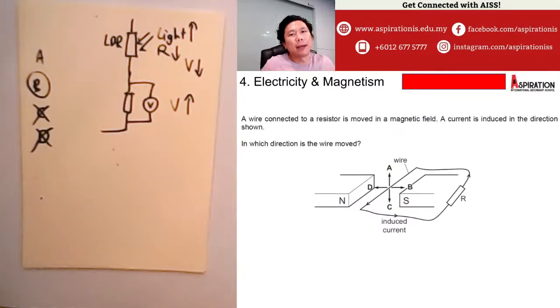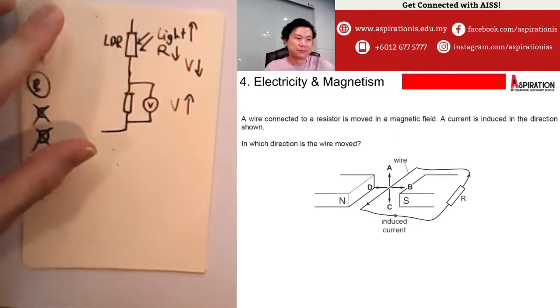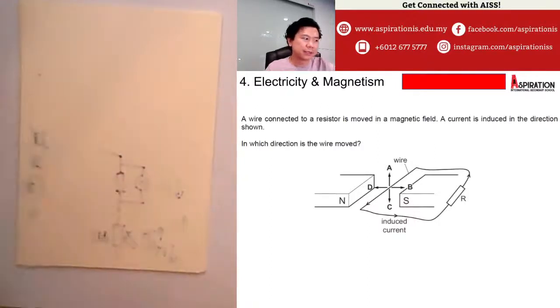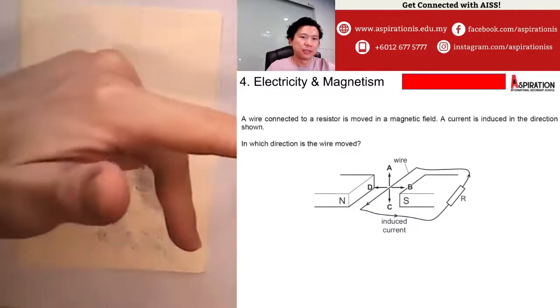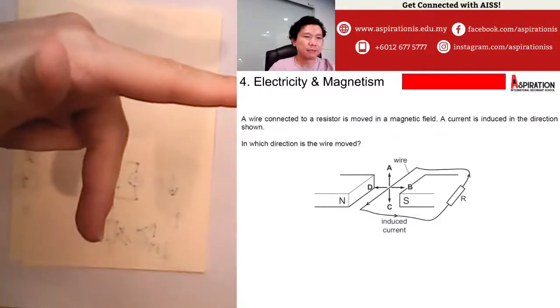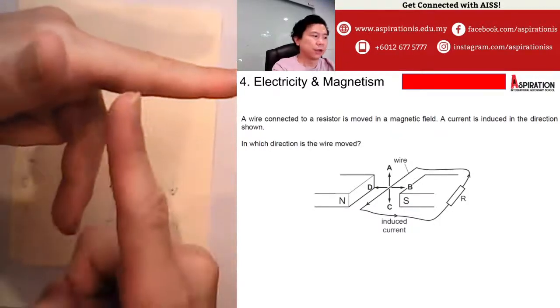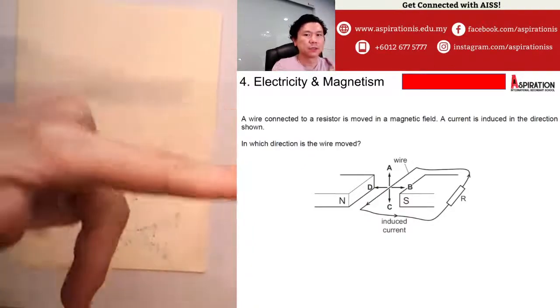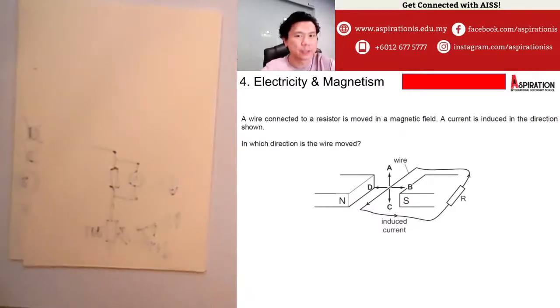So whenever current is applied, of course they will be asking about induced force. Okay, so this is an induced force, right? In this case you use Fleming's left hand rule. North, south, exactly in this position. You have north and south, you have current moving here, so the induced force is going up. So the answer to this question is A.